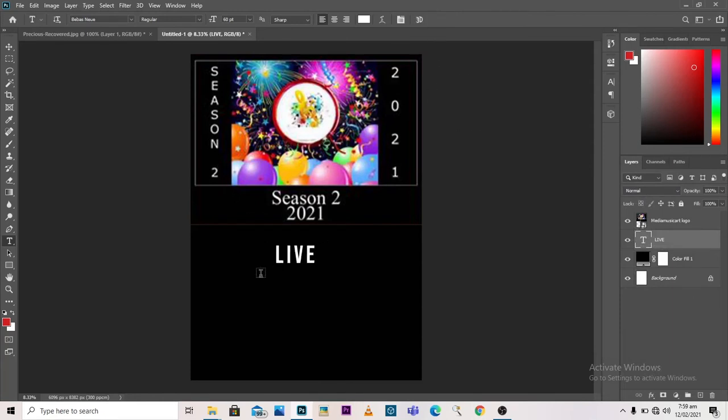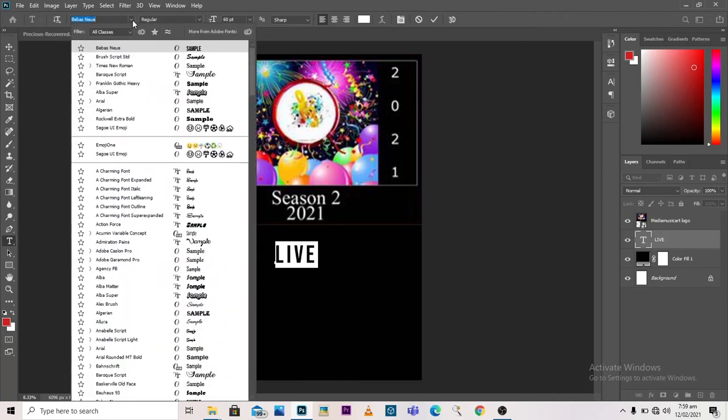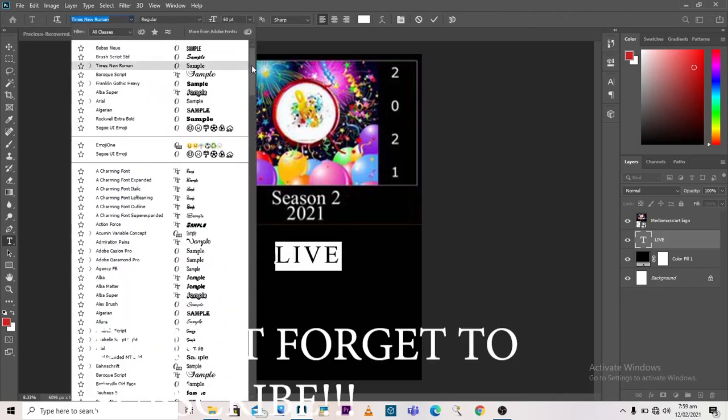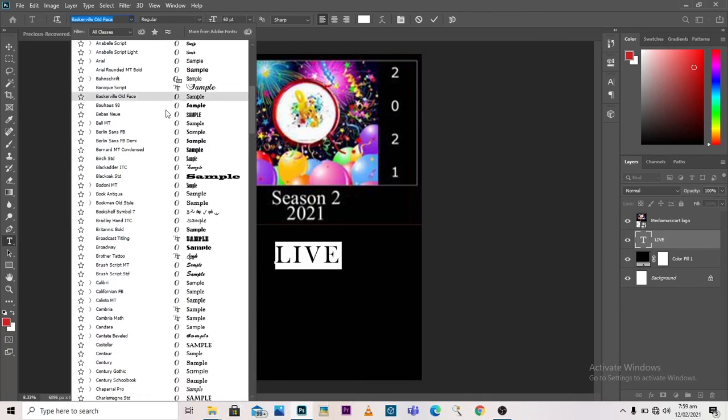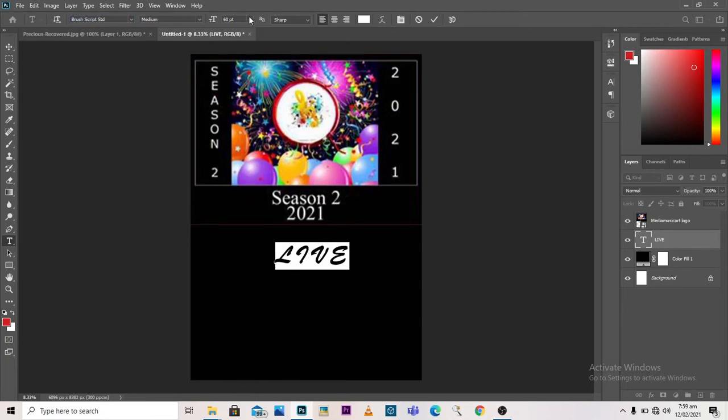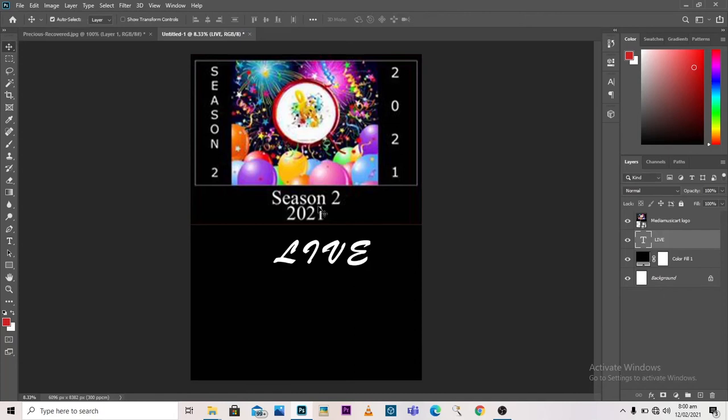Now I want to change the font of this live, so we're going to double tap to highlight it, or you can just highlight it like that. Then we'll come over here to change the font. Now I'm going to be using Brush Script SD. Then we'll change to 79 points. Okay, now I'll go over to the move tool and move it somewhere here in the middle. Okay,